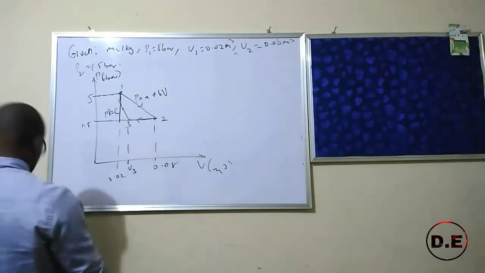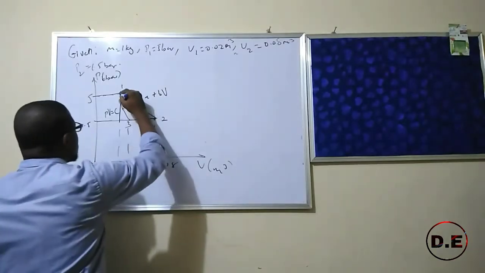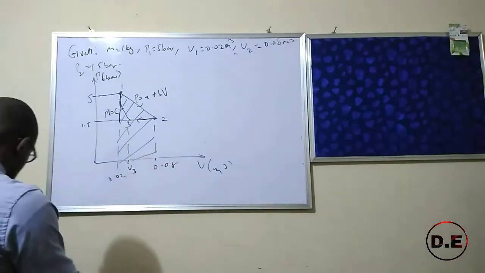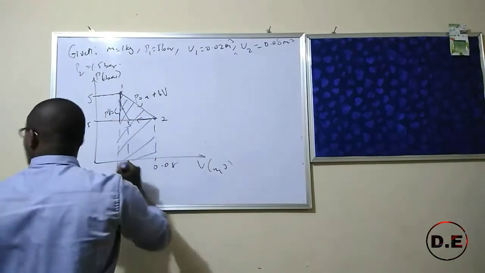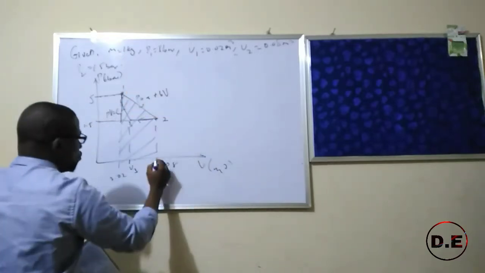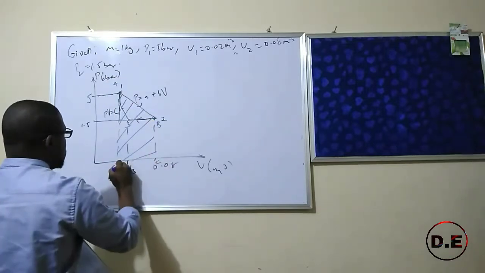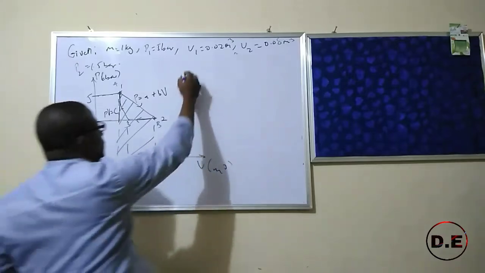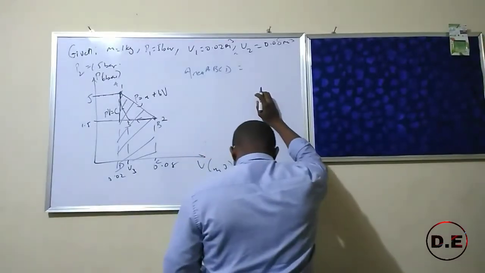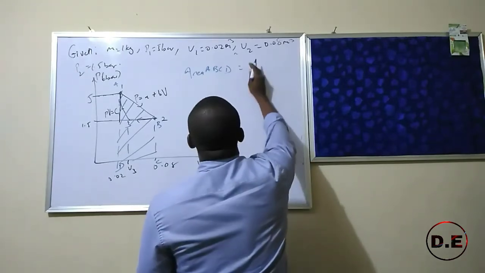So we're interested in this area. So the formula for the area of this shape basically becomes, if I name it 1, 2, let's name it with letters A, B, C, D, back to A. So if I say area ABCD is equal to, the formula for finding the area of a trapezium is equal to the